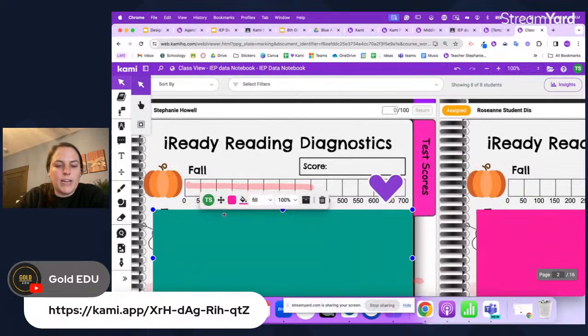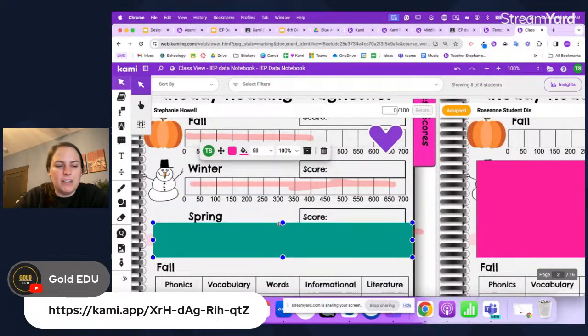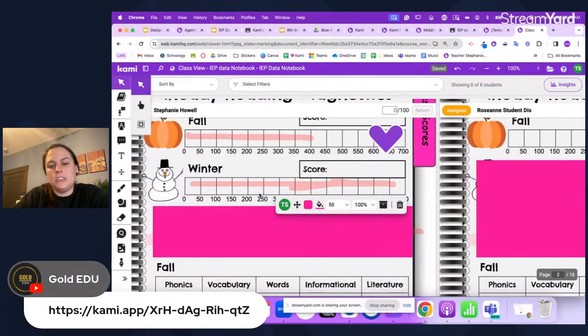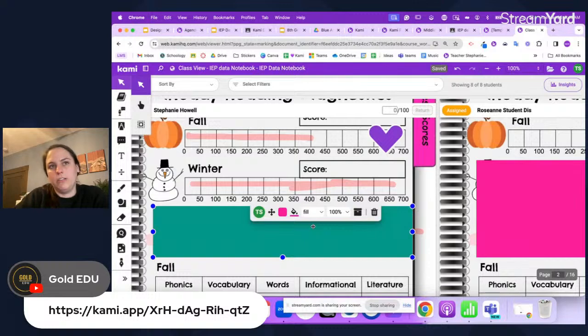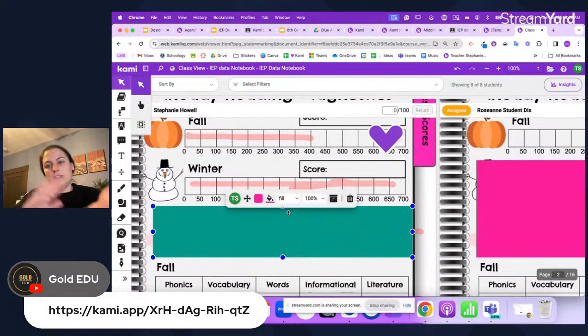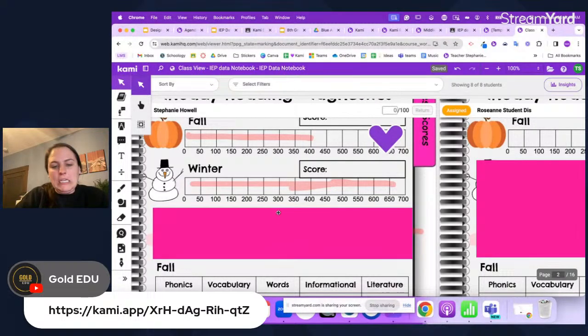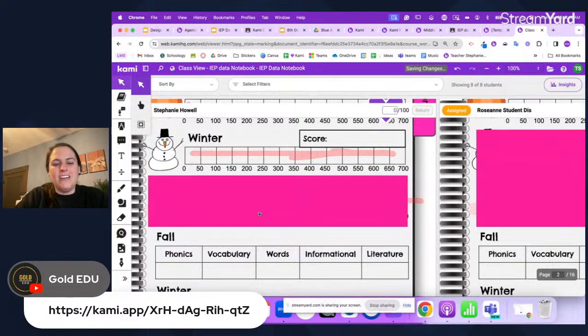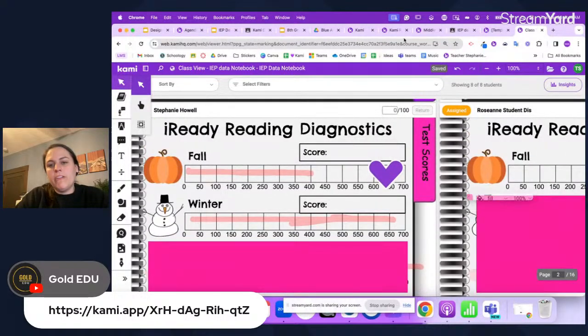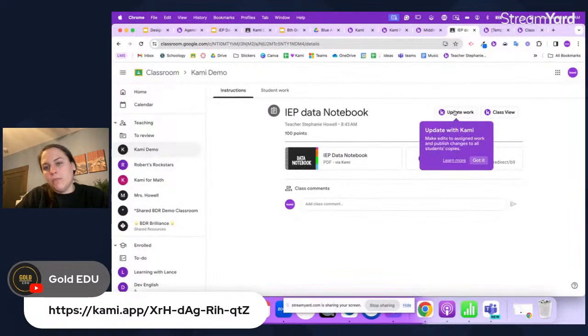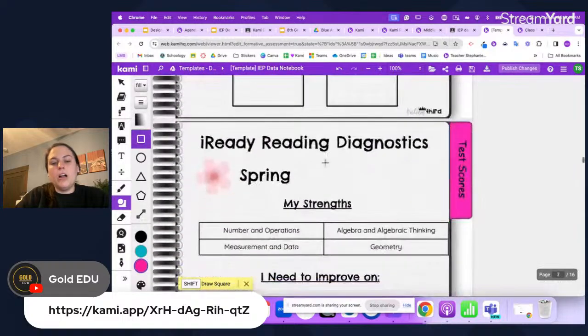And then as we're ready, I can slowly move these boxes down to where my students need to complete the next part of their data notebook. So again, I'm able to come in and scaffold this resource. So I have the whole year ready to go, but I don't need my students to have it. So I can either add it using update work as we get going, or I can come in and hide these little boxes and move things around, and then I can individually remove it. Or again, you can go to update work and you're able to remove it for all of your students and